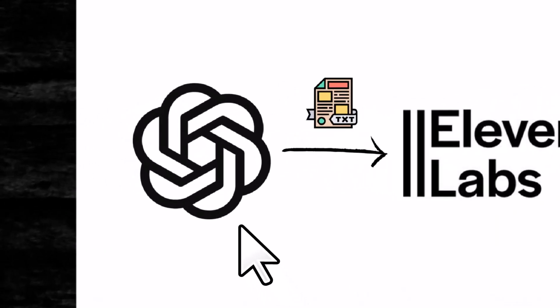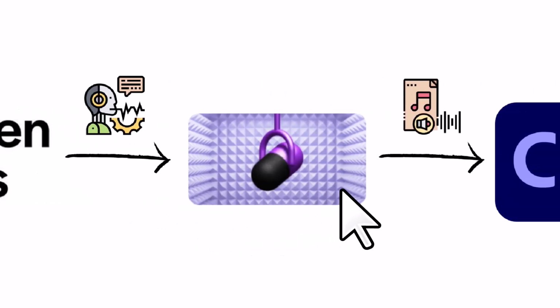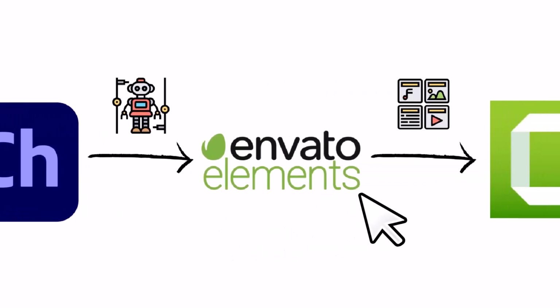First, ChatGPT, a state-of-the-art language model that can generate text, summarize long text, and answer questions. We'll use 11 Labs Prime Voice AI. This allows you to generate realistic human voices in seconds. Adobe Podcast is going to be used to clean up my voice, and while we're at it, the AI voice. Adobe Character Animator allows you to add the voiceover to a puppet, rig the character for motion, and export to an MP4 video file. I'm also going to be using Envato Elements.